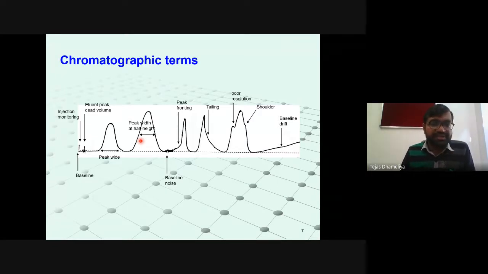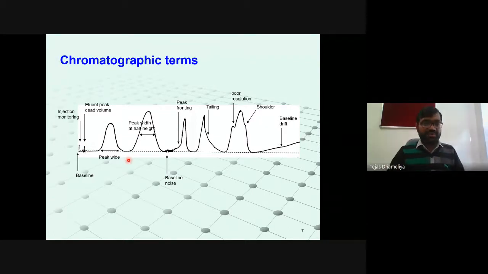Gaussian peaks means it was given by Gauss. The name Gaussian came because it is a symmetrical Gaussian distribution and non-Gaussian, you might have heard in biostatistics. So this curve is called a Gaussian curve. Sometimes it is also called a bell-shaped curve, because in Gujarati we would say ghanta. So it is a kind of bell shape. The peak which we can divide into two equal parts is called either a symmetrical peak or a Gaussian peak.